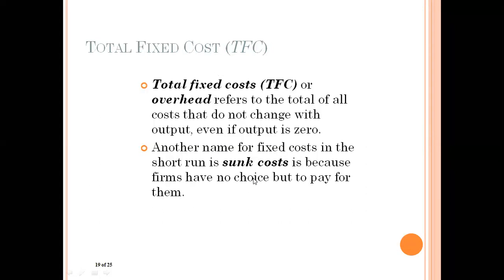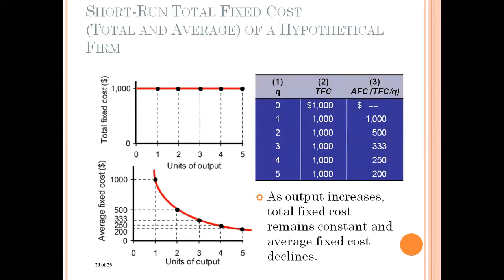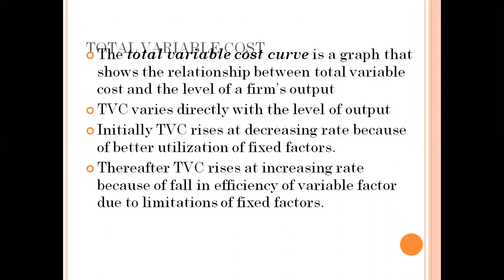Now total variable cost. When we say what is total variable cost, we simply say that total variable cost is the cost which changes directly with the change in level of output. Which means if suppose I am producing 10 units of output, then I require the cost to be incurred for 10 units. Then if suppose I am making 100 units of output, then wages and salaries I have to pay for making 100 units of output, and so on. Which means the cost which directly changes with the change in level of output, which has a direct relation with output, is definitely known as the variable cost.